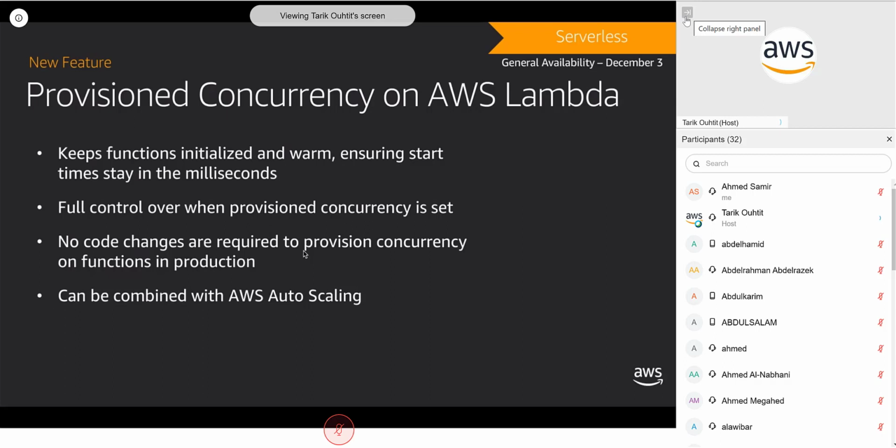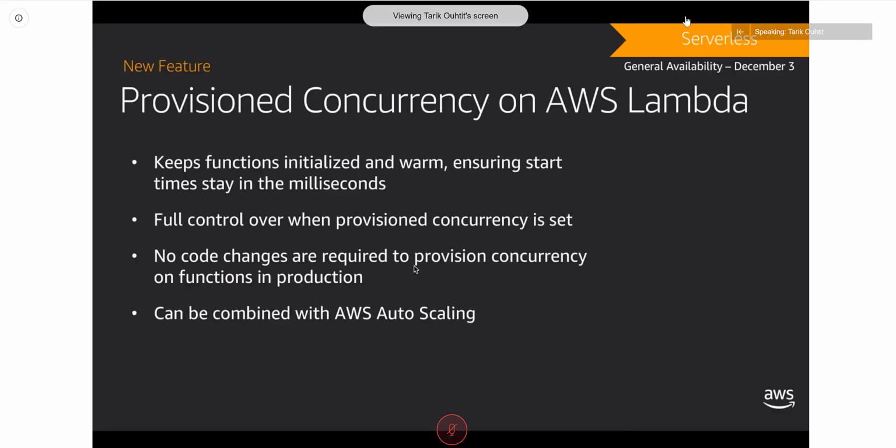We added at re:Invent the ability to provision concurrency on AWS Lambda. When you're using AWS Lambda normally, what Lambda will do behind the scenes, automatically, when your function is invoked, is spin up compute. It will allocate that compute to your function automatically. And you'll be able to scale up and scale down in a very serverless way without thinking about that scaling capacity.